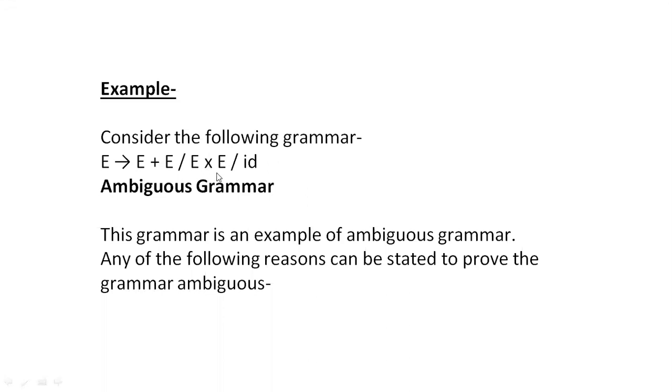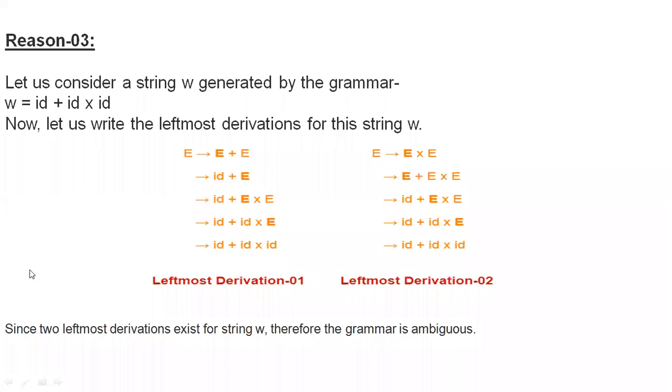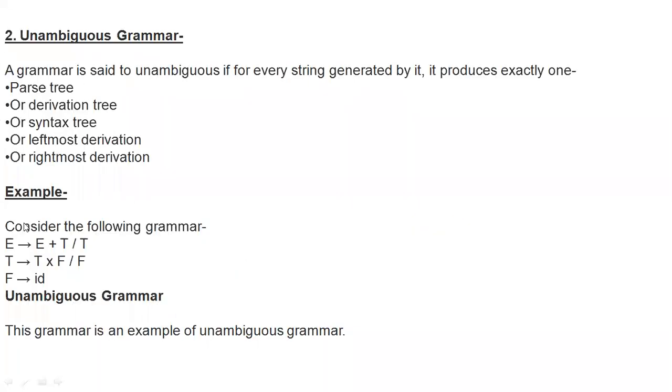And in the old variable, I replace it with F. So T tends to T star F or F, and finally it comes like this. Finally, the modified grammar is this one. After removing the ambiguity, the modified grammar is this one. I think you clearly understand by seeing the example. Very easy example without any confusion.